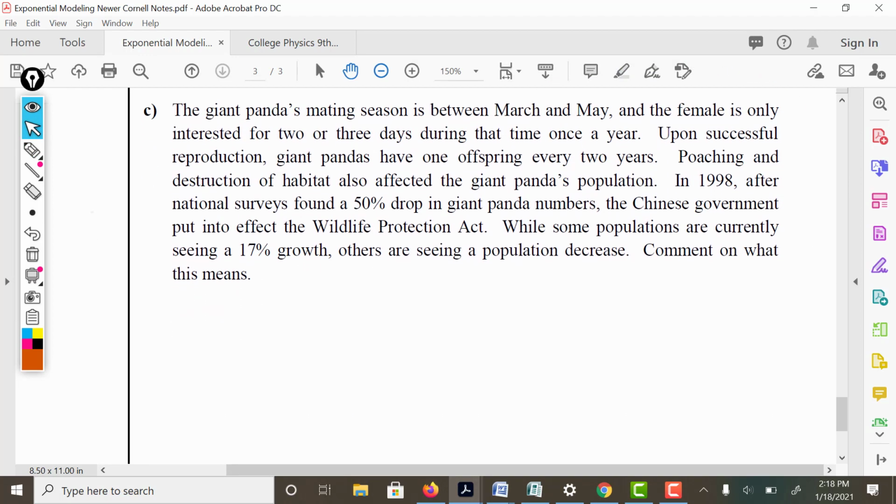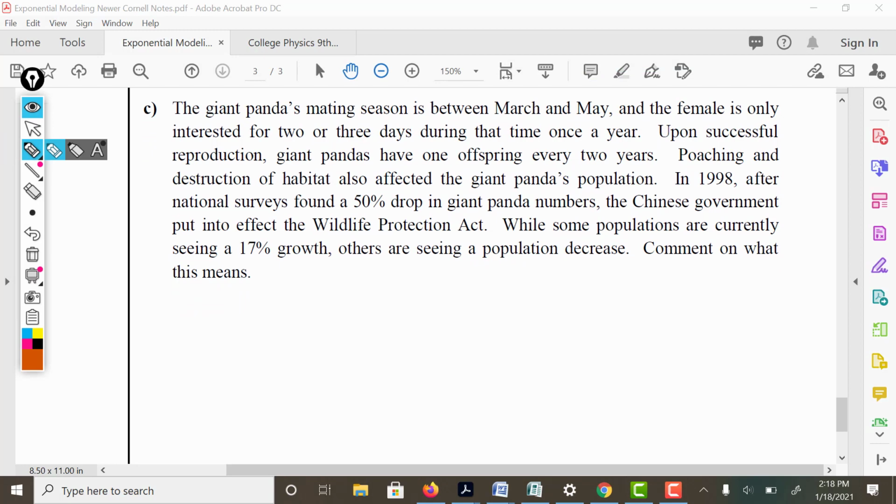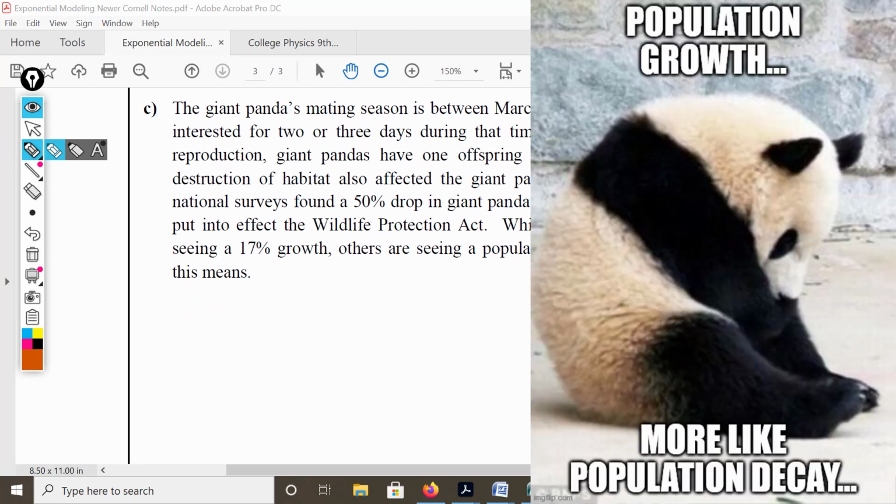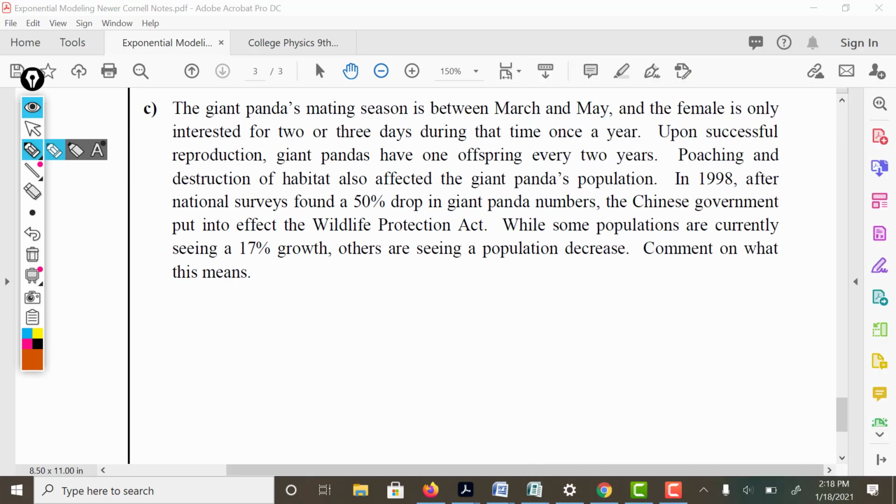And then finally, of course, the classic discussion of the giant panda. An animal who has been affected by deforestation and man, but it's also affected by its own ability to reproduce. So you'll notice that in 1998, after national surveys found a 50% drop in giant panda numbers, the Chinese government put into effect the Wildlife Protection Act. Now, even though some populations are seeing a growth, others are seeing a decrease. What does this mean? It means that,